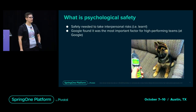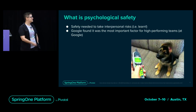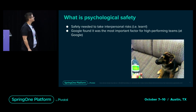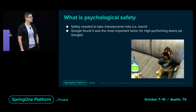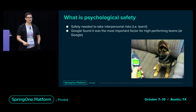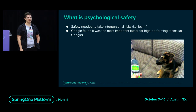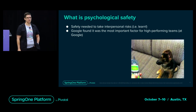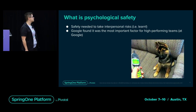And just as a quick refresher, what actually is psychological safety? The dog is confused about what's going on. It's the safety that you need to be able to take risks within your team, interpersonal risks between people, being able to put your ideas out there and not feel like you're going to be made fun of,